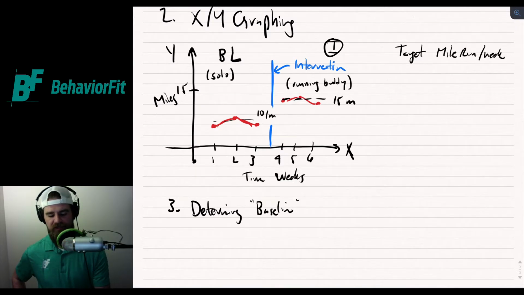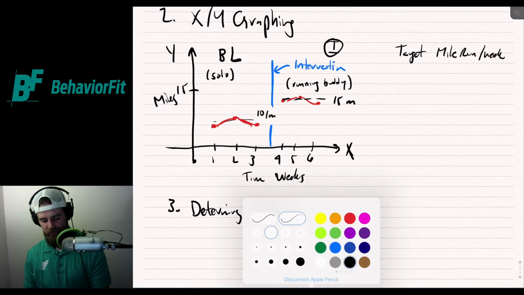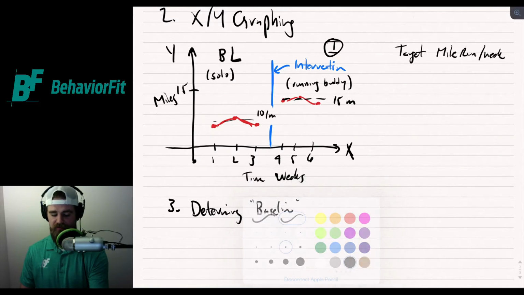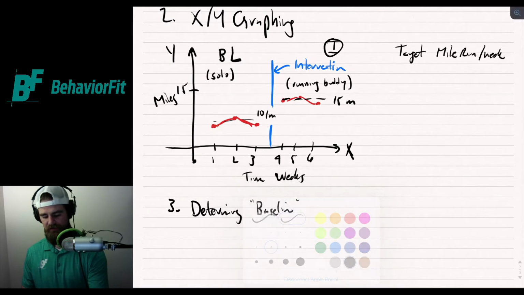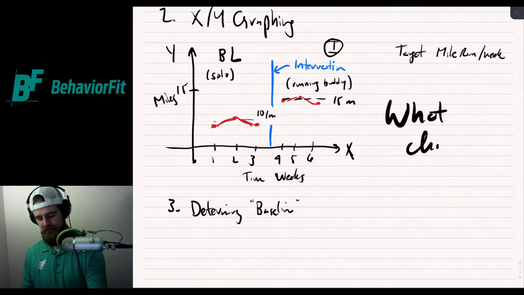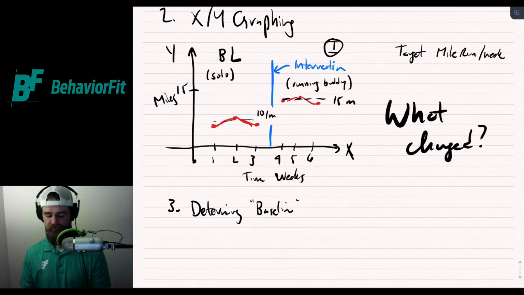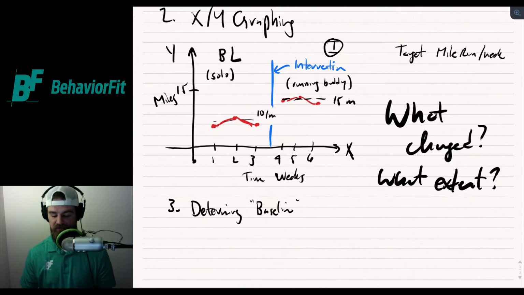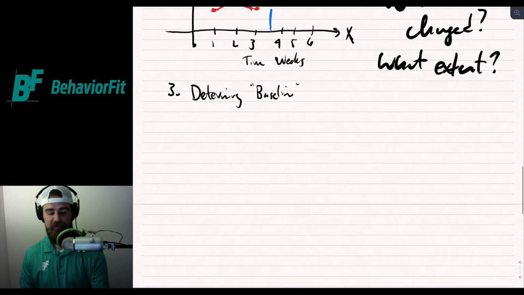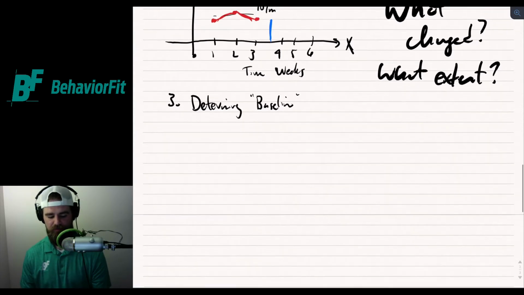So we're looking at that piece that we're measuring here. We're thinking about what changed. Oop, that is a big point there. Okay, so we got what changed, right? And then we think about to what extent. In this case, our weekly miles changed, and to what extent? On average, 5 miles a week. Okay, so that sets up determining that baseline, determining what's happening in our programs.